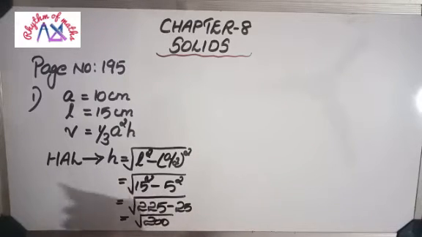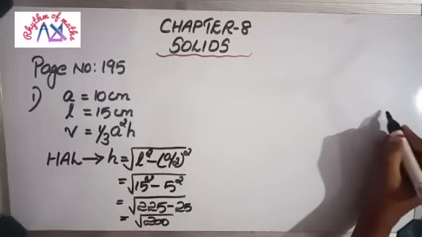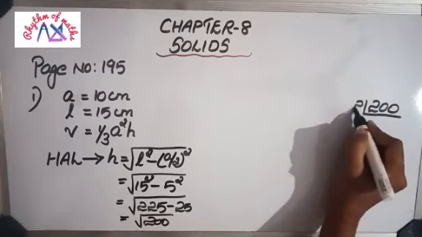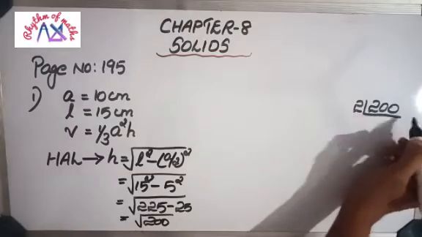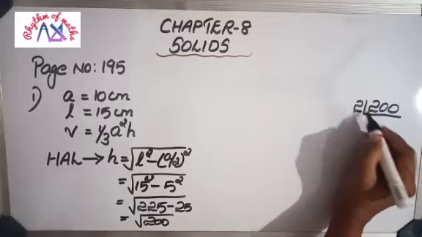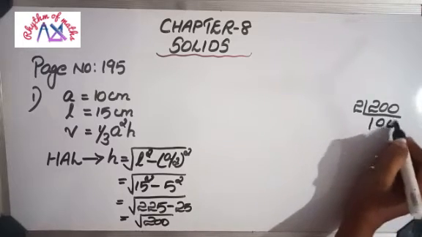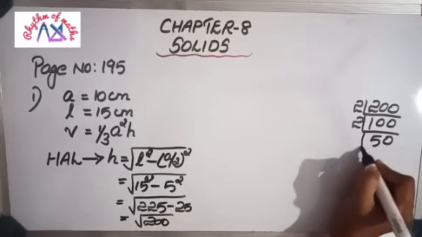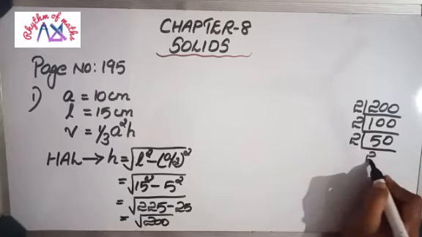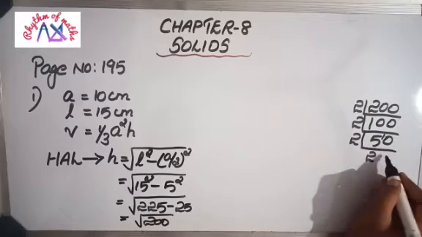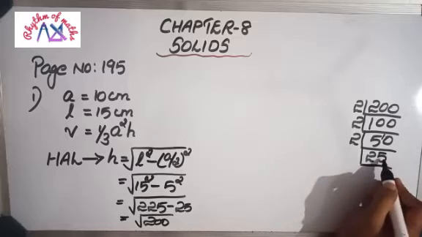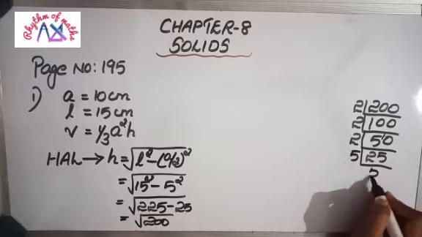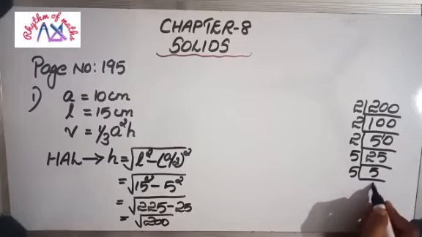Root 200 can be simplified, but it is not necessary. If you want, you can simplify. I will show you how to simplify. For example, 200: just factorize, starting from the smallest value, that is 2. It is completely divisible by 2. In 2, how many 2's? Only one 2. Then in 10, 5 2's are there. Again with 2, here 2, 1 balance, that is 10. So in 10, how many 2's? 5. Now here 2 is not possible. Here the possible number is 5. In 25, how many 5's are there? 5 5's are there.